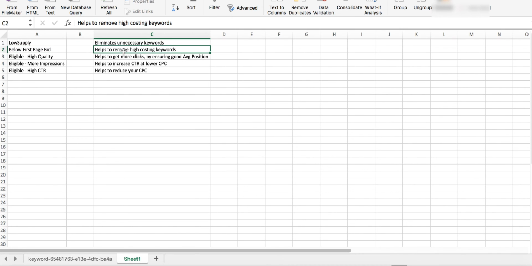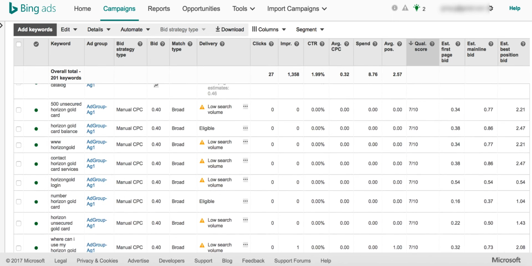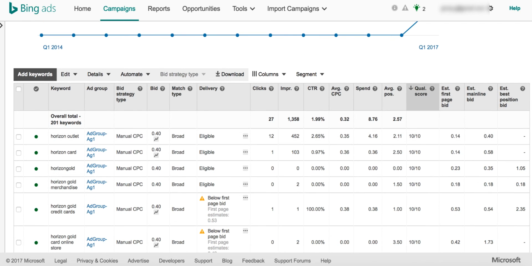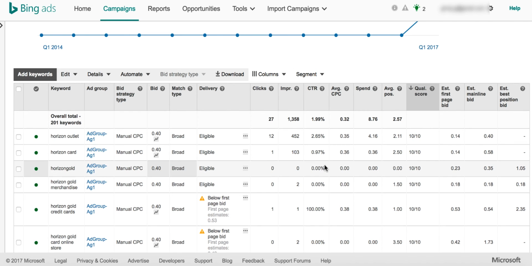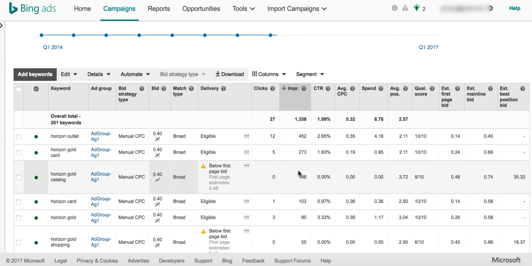Again, as I said, you can actually improve the cost per click by grouping them into a separate ad group. And I'm also trying to group other keywords into their own ad groups, like as I said here, all the high quality ones that are eligible, into separate ad groups, so that I'll improve the CTR and I can reduce the CPC. And another way of looking at it is I have more impressions. So in this example, if you see here, this has got a very good amount of impressions,